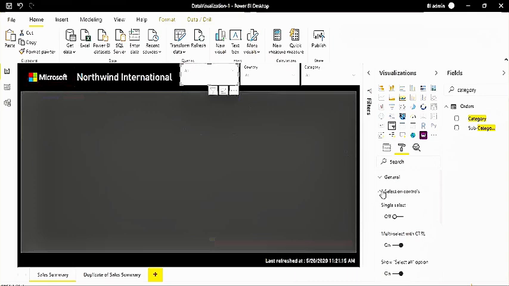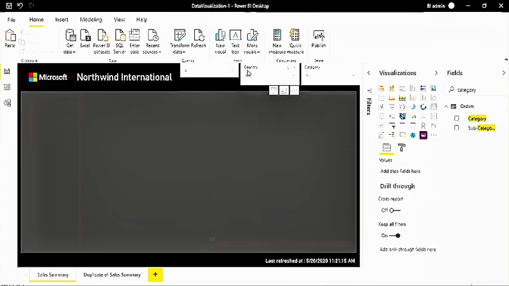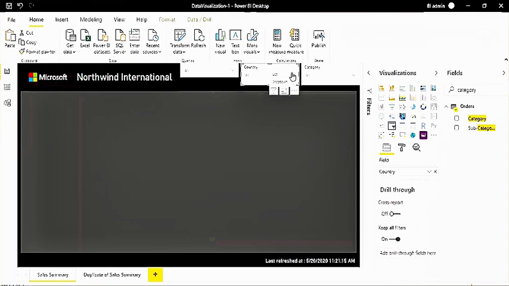Now the point comes, why do people disable this slicer header? Because this slicer header sometimes restricts you for some visualization things. Let's say you do not have enough space on your report, right? Without the slicer header, it takes only that much space, but with the header it is taking the header space also. Sometimes people don't have that much space or they don't want to show it, so they have to turn off the slicer header. Once the slicer header is turned off, then the clear selection and the changing of the filter type will also be hidden, right?